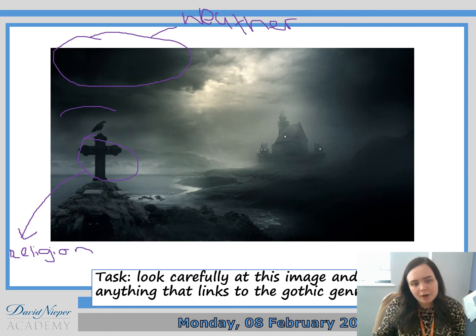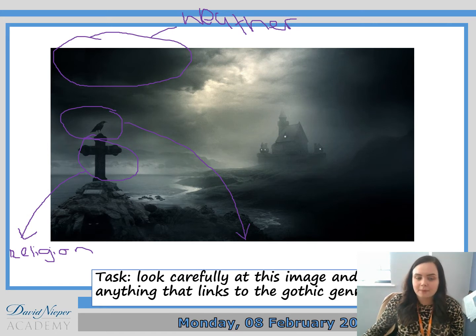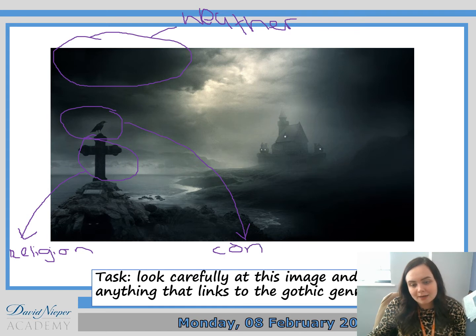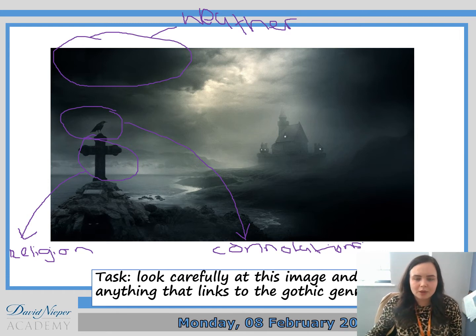We've got the crow here. And we've had to think about this before, haven't we? So we've spoken about connotations when we were looking at poetry, but kind of the links that we make with crows. So obviously they're a bird that come around when something's died to signify death. So we expect to see them used quite a lot in Gothic fiction because we expect there to be quite a lot of death within it.